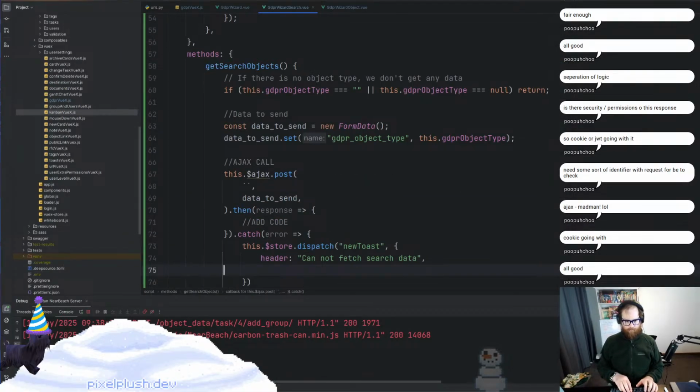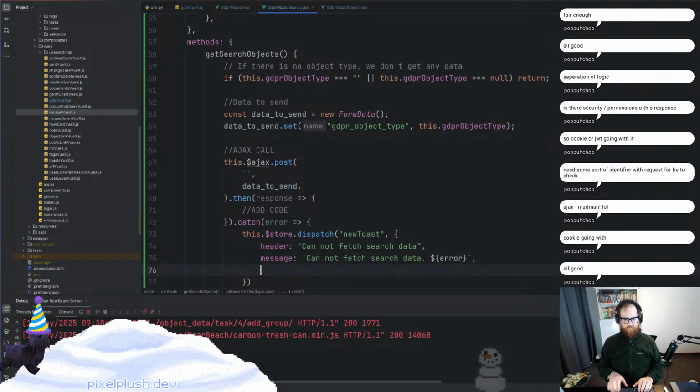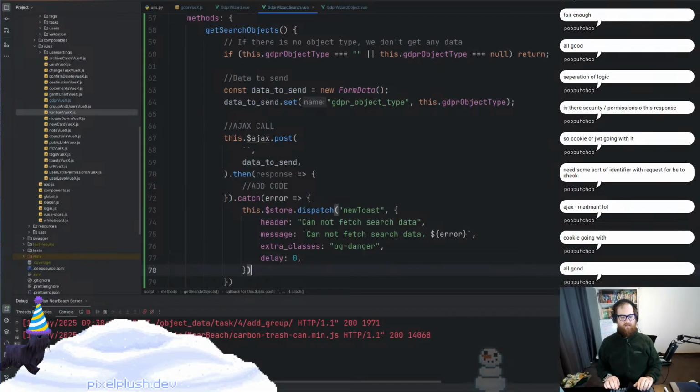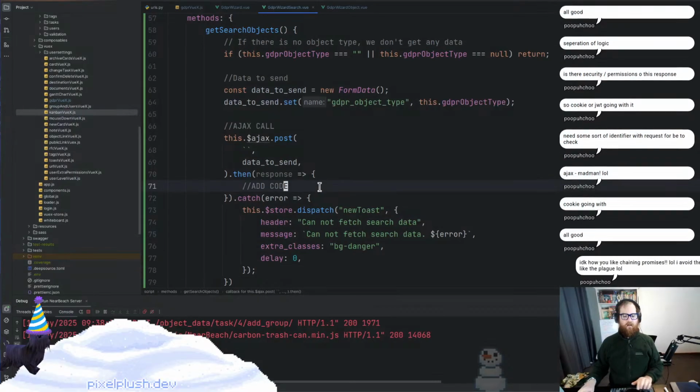Yep. Cannot fetch search data, and then we're just going to go in here and go error. Easy done. Extra classes, that's just going to be background danger. And then delay is going to be 0, so it doesn't actually shut. All right, so